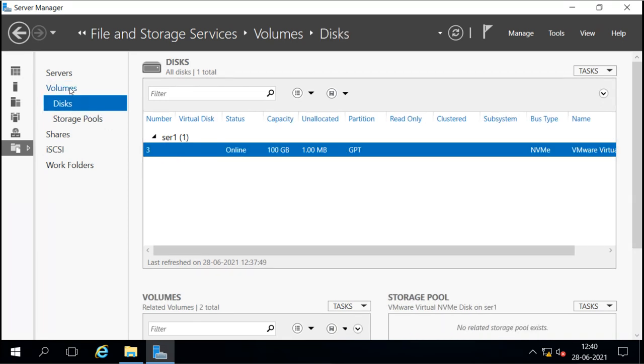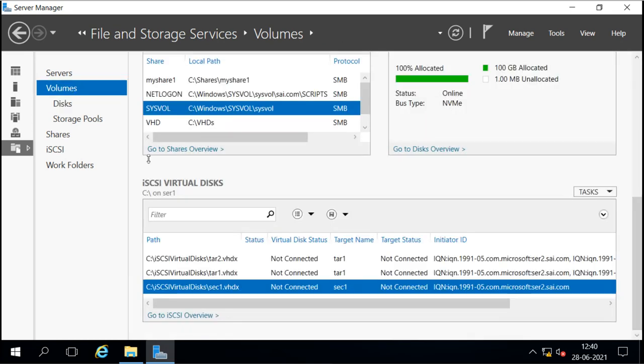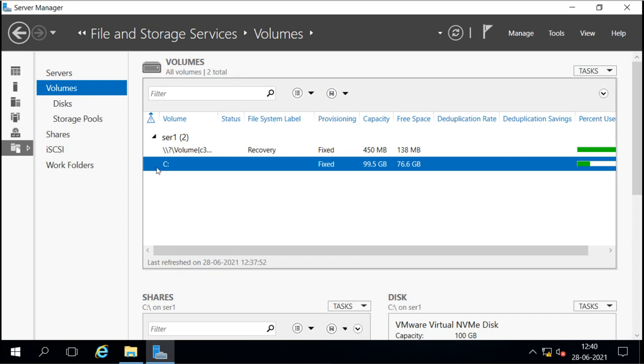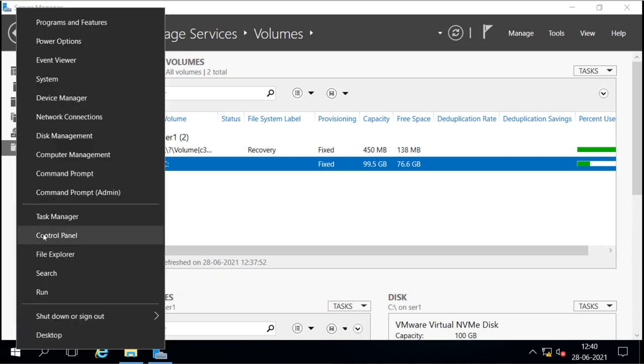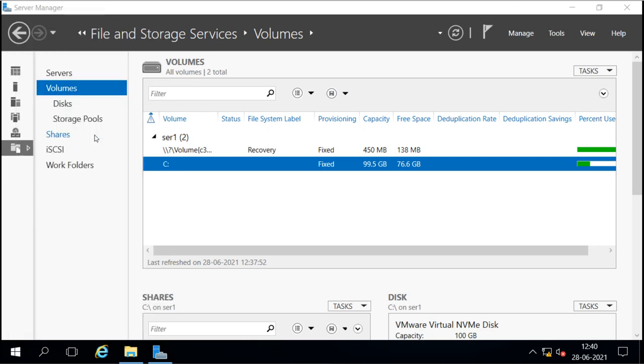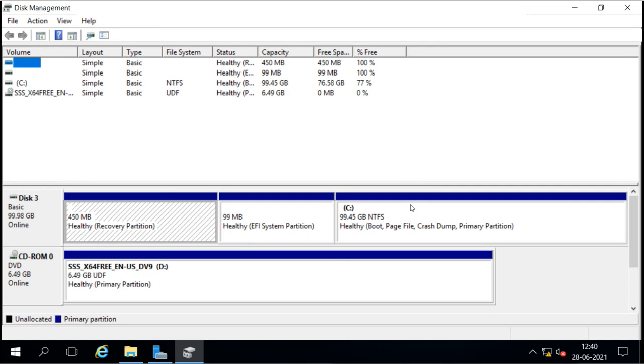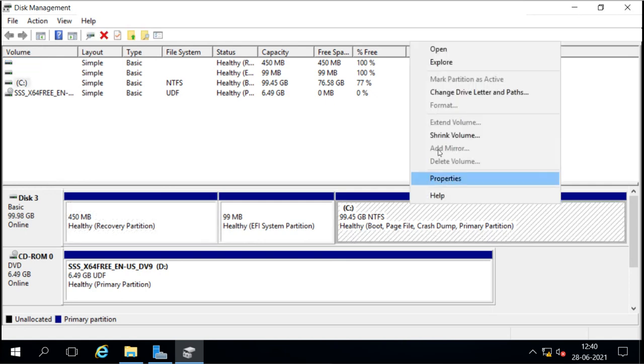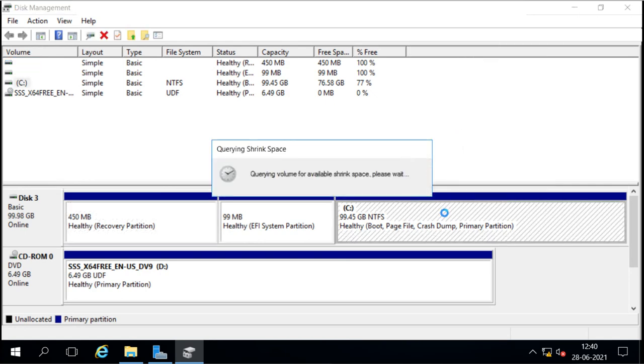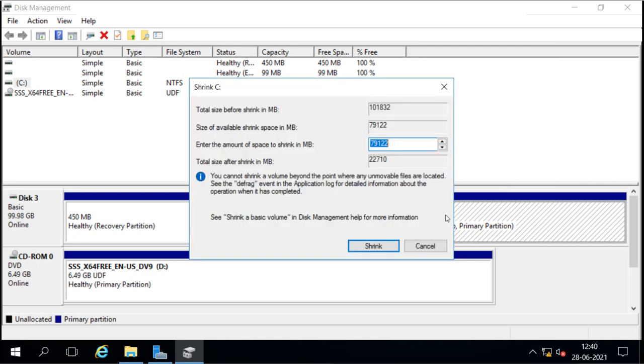So I will create one more extra volume on that disk so that we can do this data deduplication. I will shrink the C drive to make some space, and then on that volume we will enable data deduplication.